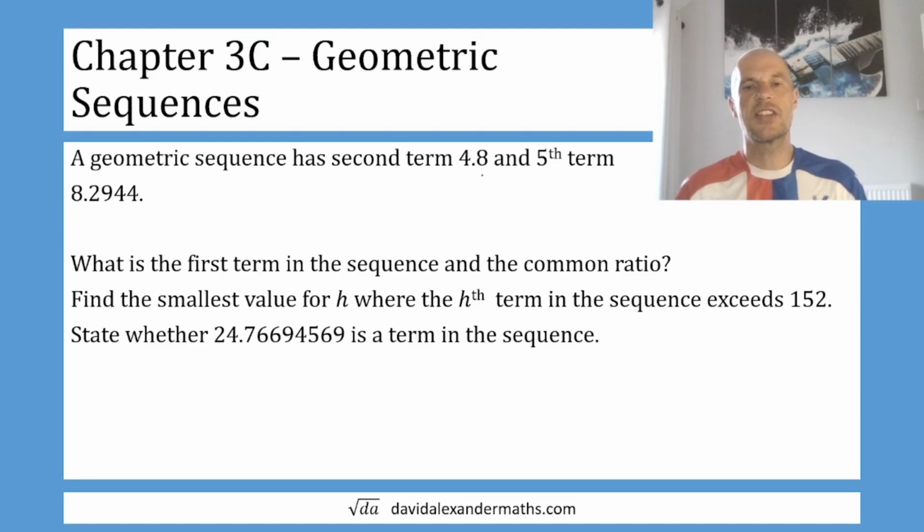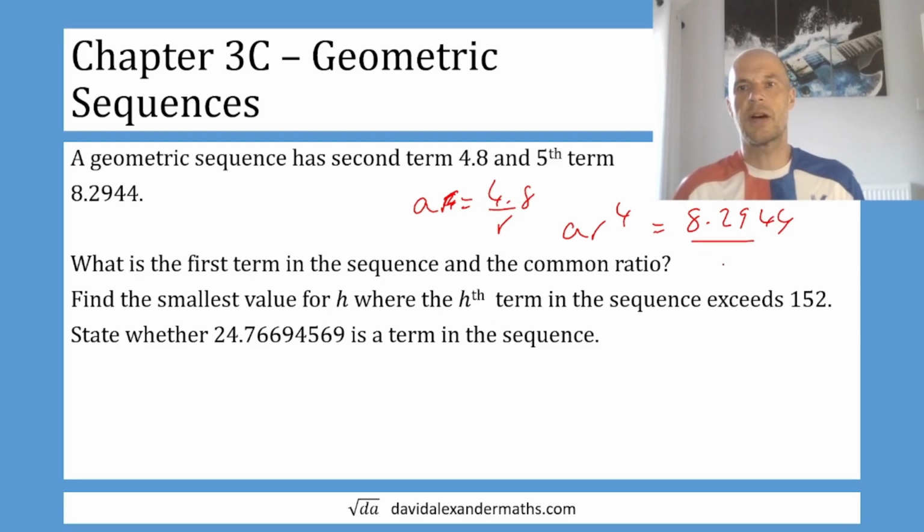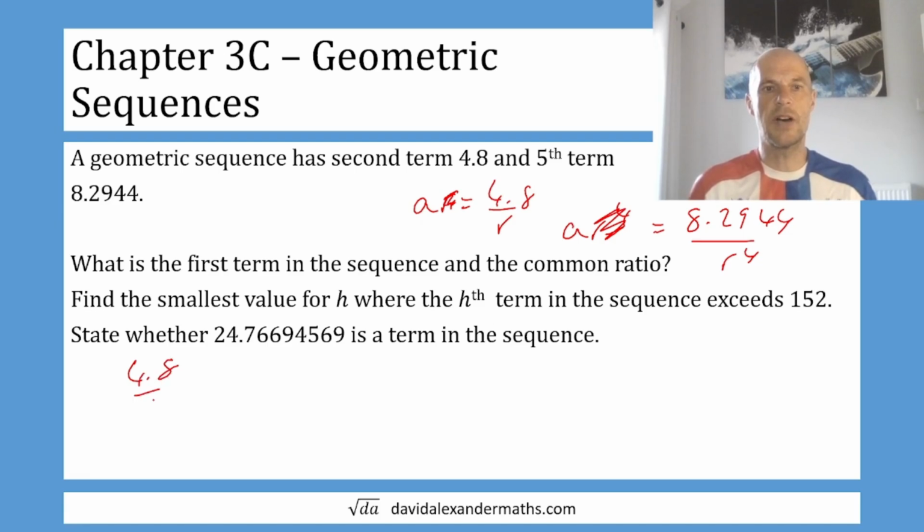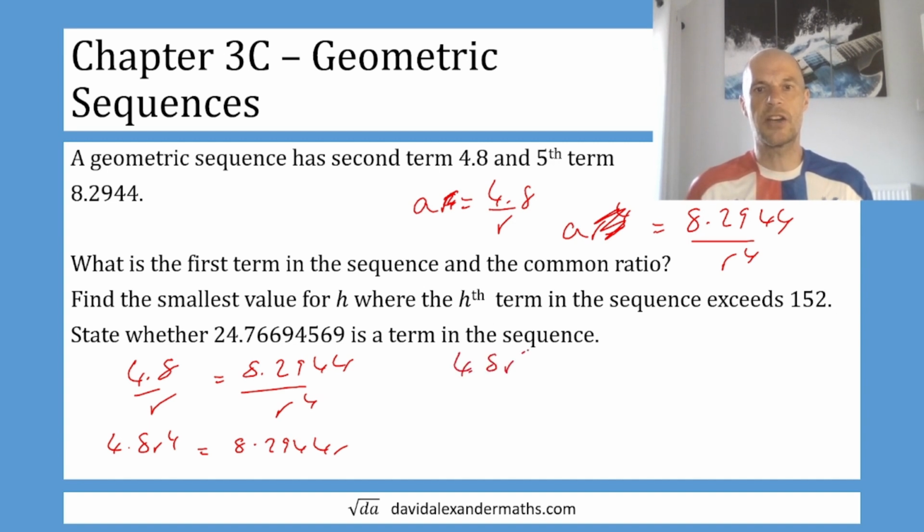Okay, so we know that the second term is 4.8, so AR is 4.8, and the fifth term is 8.2944, so AR to the 4 is 8.2944. So if I divide this equation by R and this equation by R to the power of 4, I've got two equations for A. So 4.8 over R equals 8.2944 over R to the 4. Cross multiply, so 4.8 R to the 4 equals 8.2944 R. Divide both sides by R, so 4.8 R cubed is